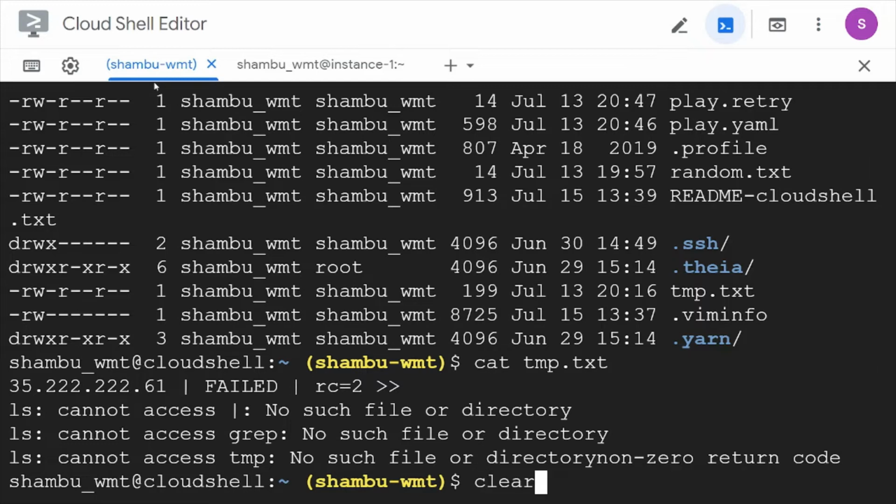Now I'll output this into the temp file.